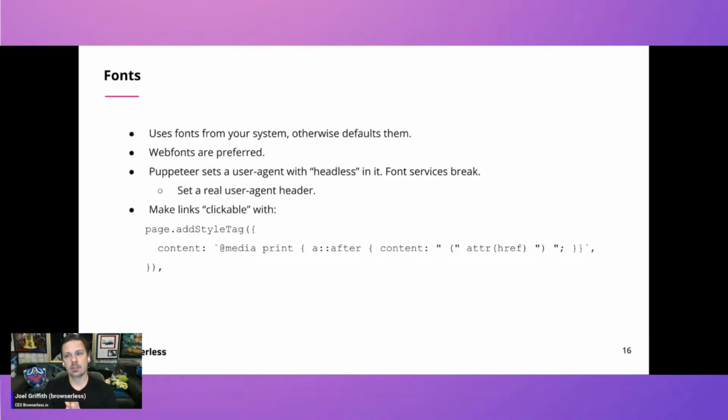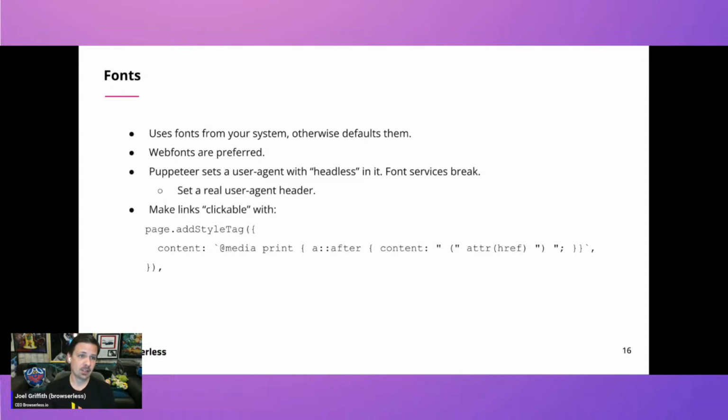Fonts. Okay, so fonts are a huge, huge topic with this. By default, whatever fonts you have installed on your system that is running Puppeteer and Chromium, those are the fonts that are going to be used when the PDF is generated, which is confusing because you would assume that it's the fonts on the user system, but you got to remember this is running in a backend service away from users. So it's important to have the fonts that your website is expecting to be there present on the system that's running Chrome and Puppeteer. Because that's not always easy to determine what ones you're going to need, I always recommend